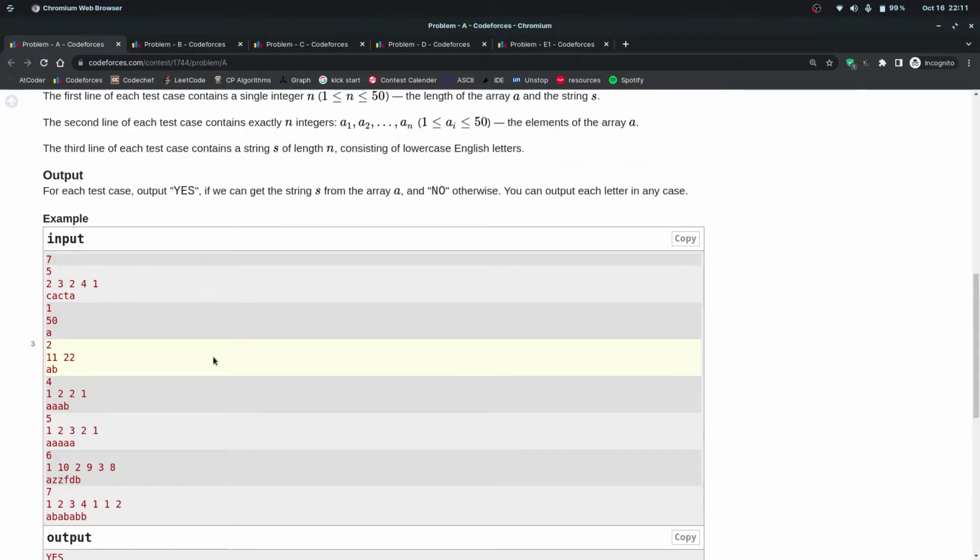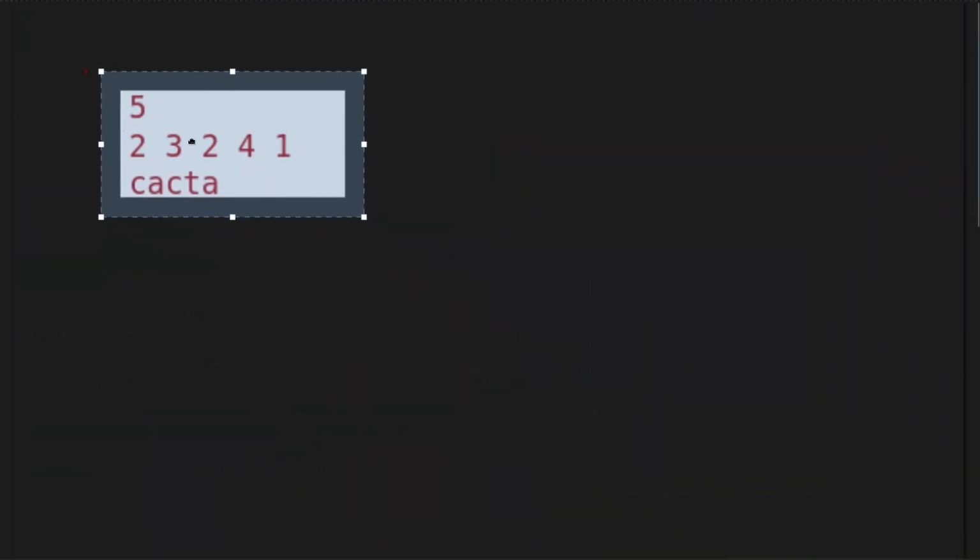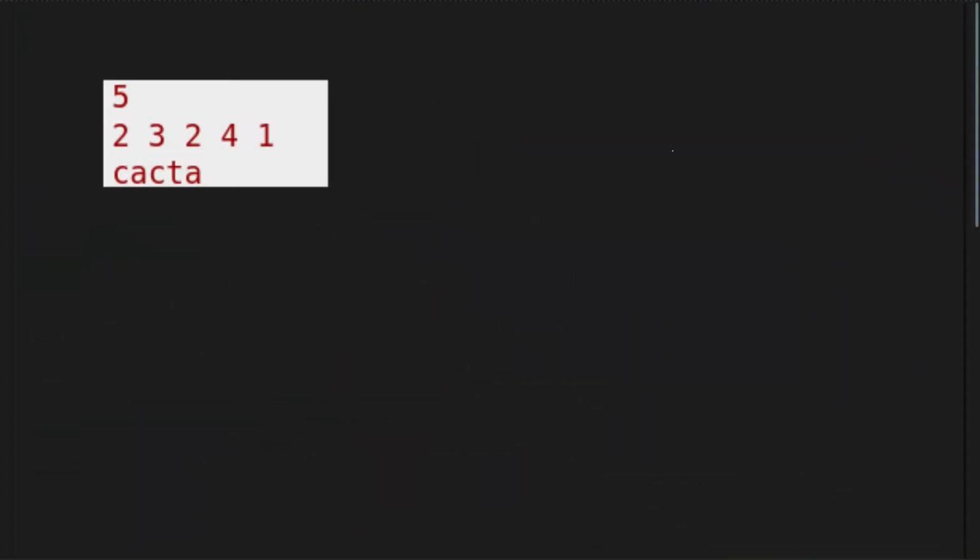So we'll take the first sample test case, right? So here we have 2 3 2 4 1 2 3 2 4 1. What we have to do is, if I see this 2 and I'm replacing 2 by C, then all the positions where 2 is present, so 2 is present here and here, I have to make sure that these two positions have C in them, right? Even if 2 was also present here, this position also needs to have C. If any other character is present at this position, then this is not a valid configuration